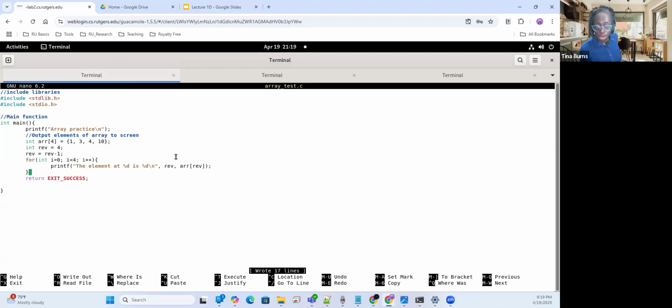So you copy that line, and each time we run it inside this for loop, we want to make sure